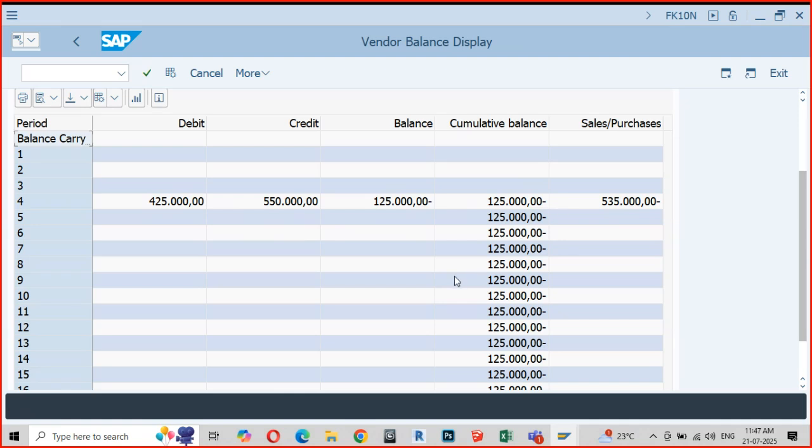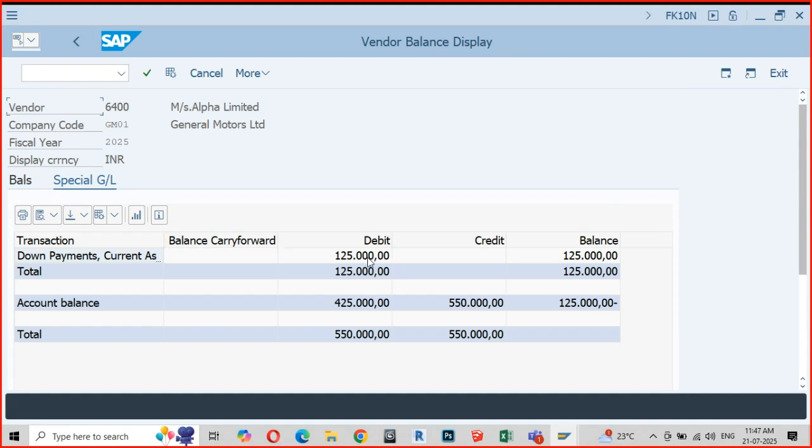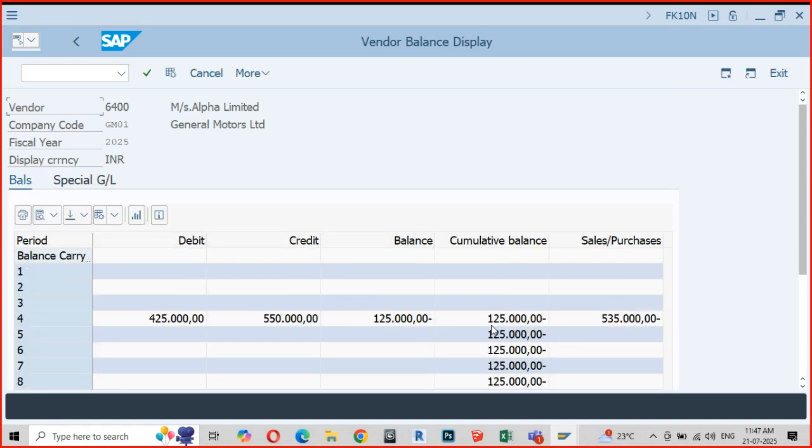This is the normal. But if you see the special GL, there is still that 1,25,000 which is open. Now what I'll do is connect this 1,25,000 rupees invoice with this 1,25,000 rupees advance.